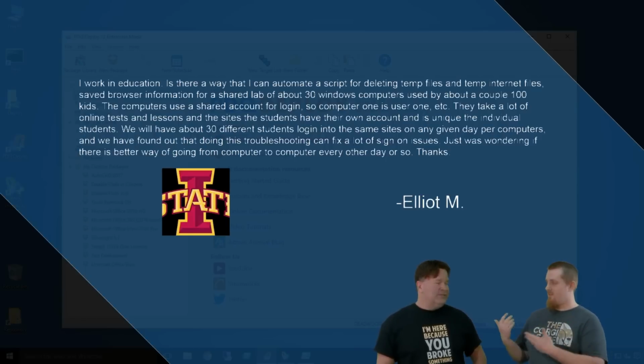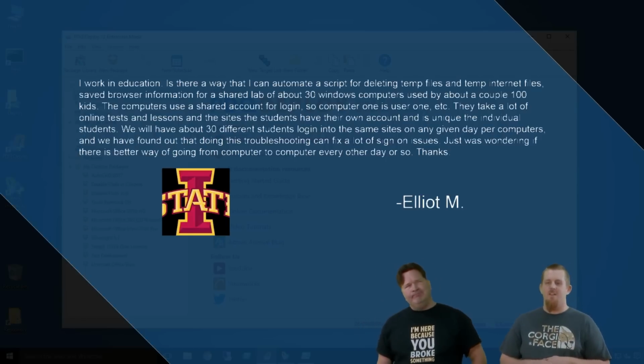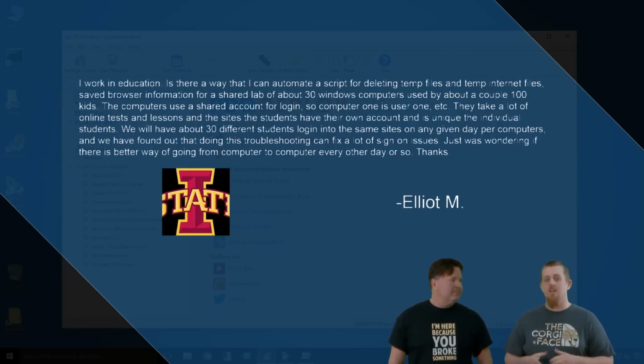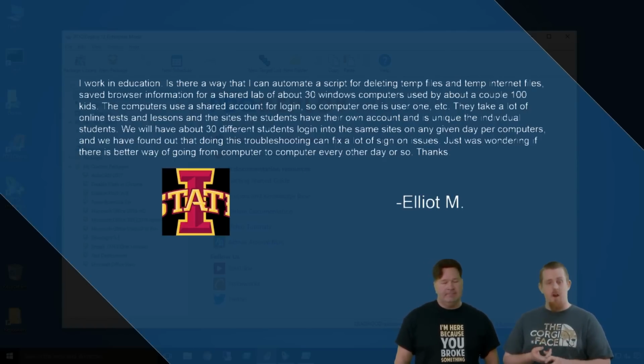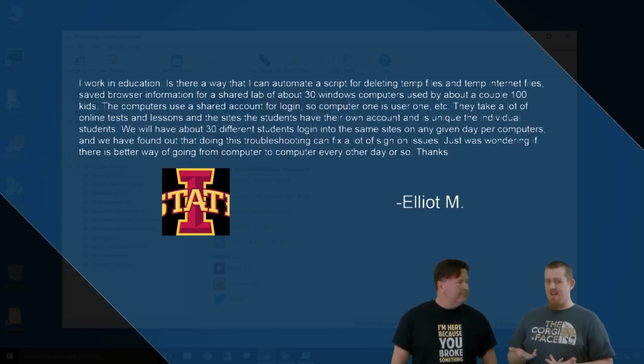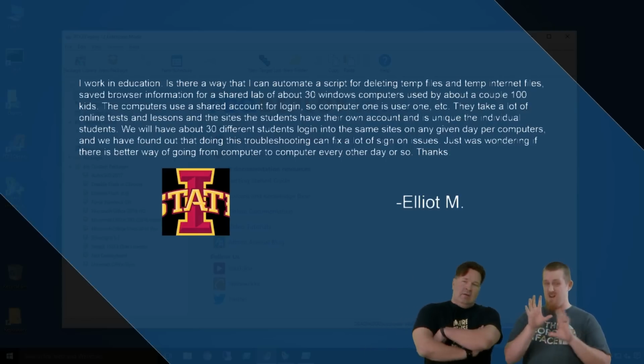Automation, okay, so with PowerShell, yes, probably. If you've identified what needs to be deleted, absolutely. You can do it with a batch file, you can do it with PowerShell, you can do it with really any language you might or might not be comfortable with that can do this. But I'm a fan of PowerShell, so I'm going to push that down people's throats.